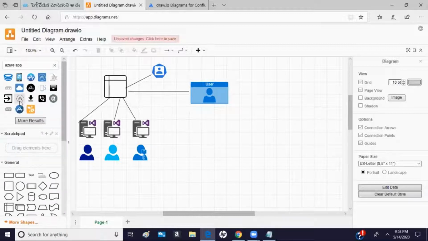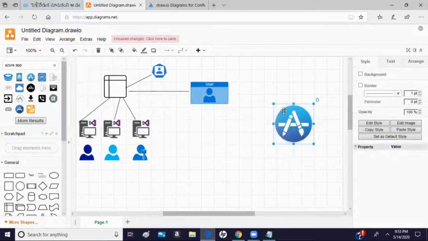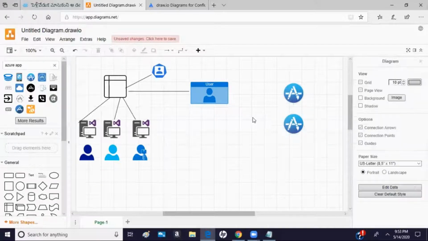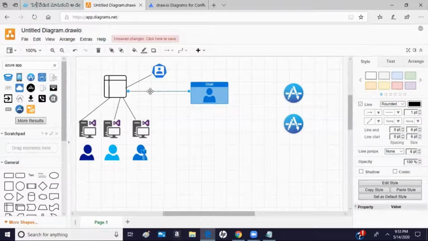Now we are already in Azure. Let me pull this. This is the app service which is deployed on Azure. In Azure itself there are two kinds of environment: the Azure App UAT environment and the Azure App Production environment. It means that the code will first run on the UAT environment, and once it is successful, the code will replicate to the production environment.